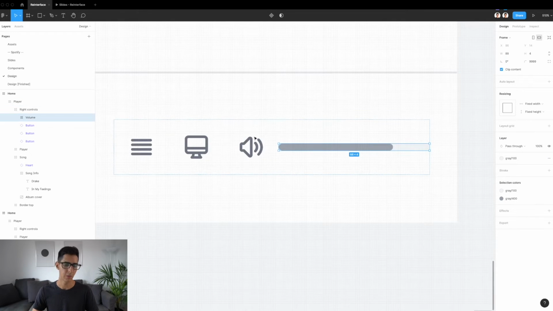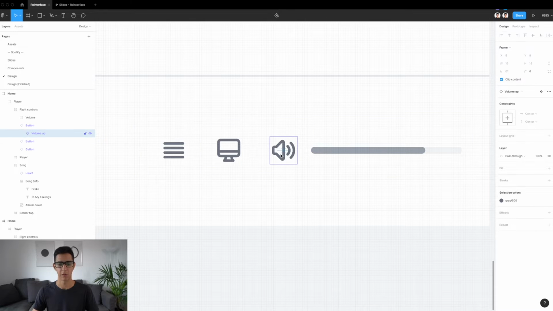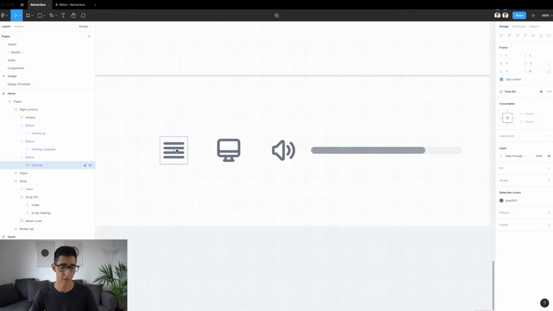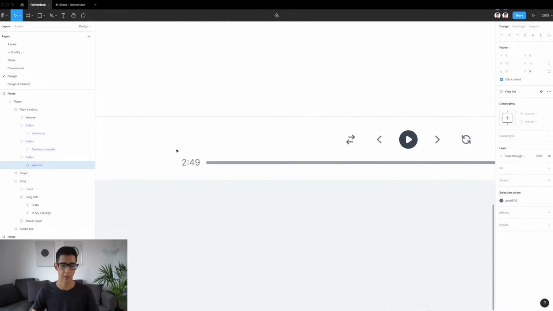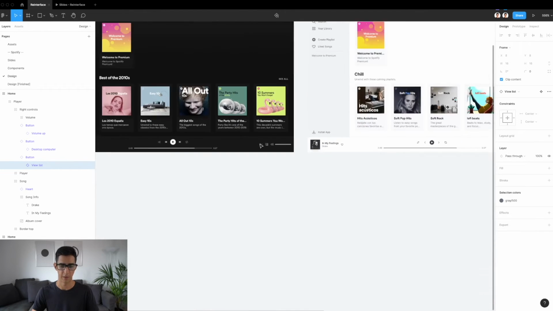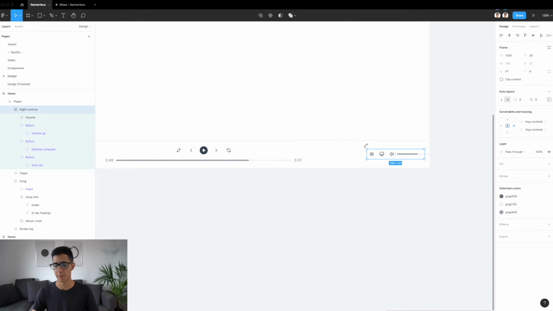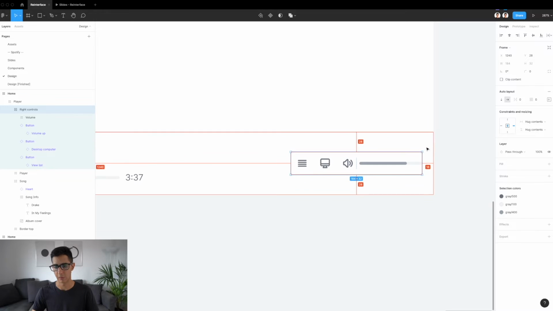And right next to it are 3 buttons. As you can see, we're using the exact same component. And those are 3 icons with no spacing in between that contain the volume icon, device icon, and this list icon, which was the closest thing I could get to that custom queue icon from Spotify. So okay, assuming that that makes sense and that this also has a 16 pixel spacing from the right side,